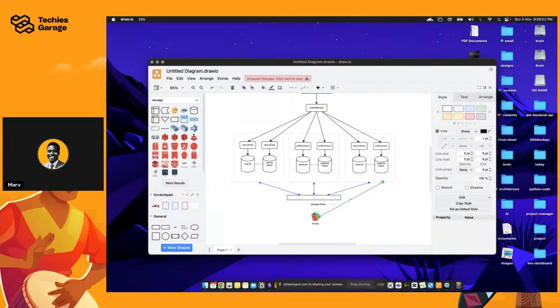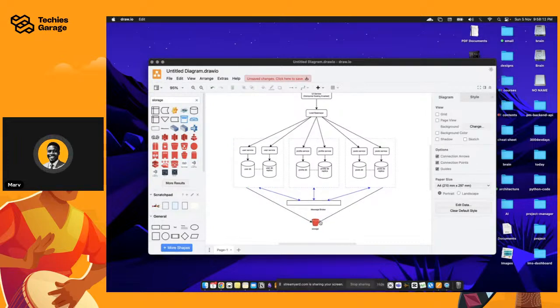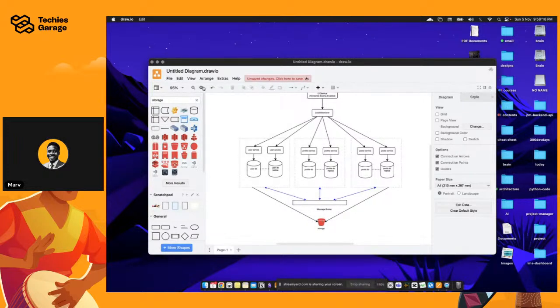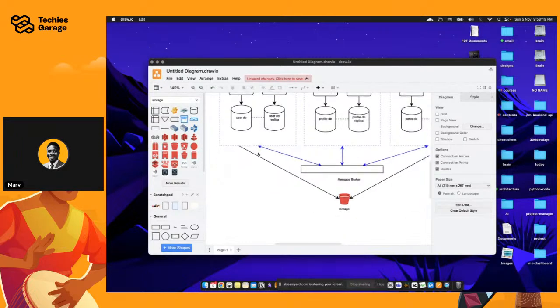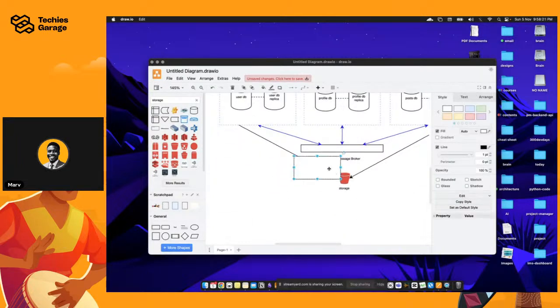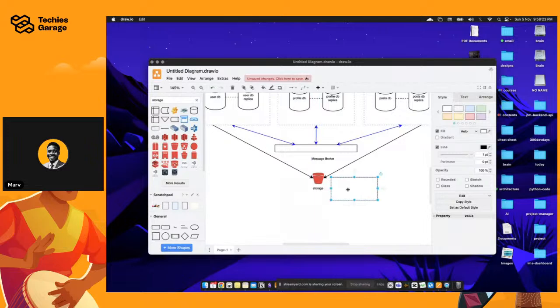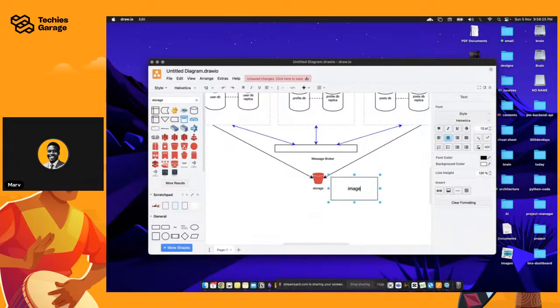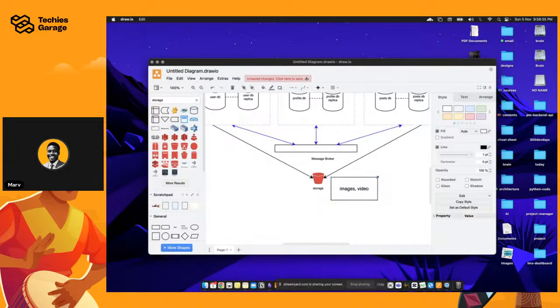All right, I'm going to duplicate this. What we have here right now is storage, and when I mean storage, we're simply referring to files, images. So let's just add some text here: images, video content, right? So if you want to save images and video content while looking at the social media app,